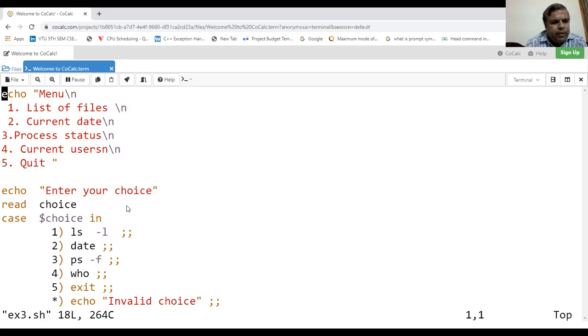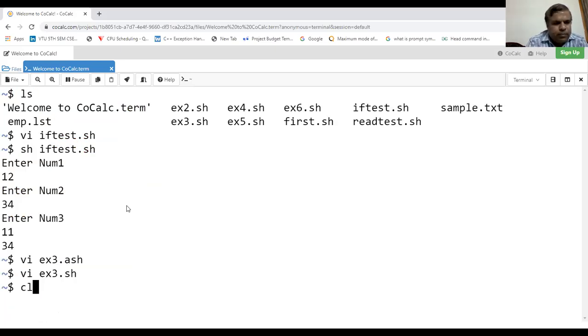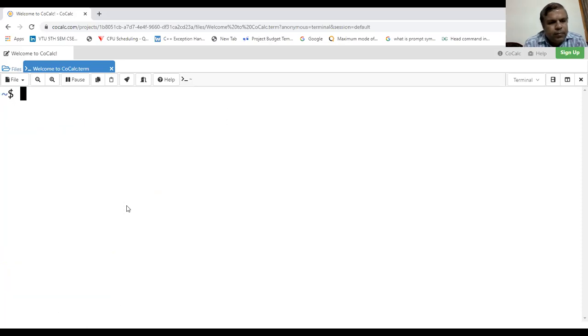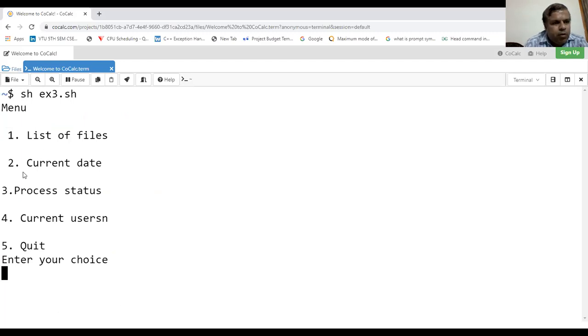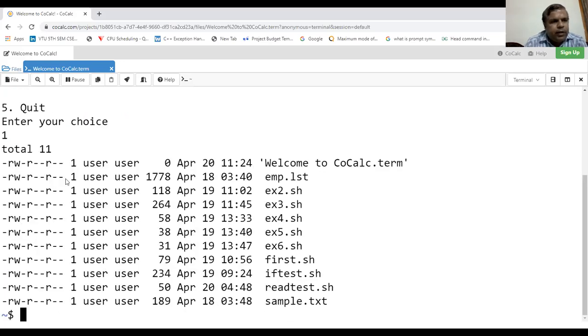This is the program. Run the script ext.sh. See, the menu will be displayed. Then it is asking you to enter the choice. Say 1. Then the ls command will get executed, and it will list the files in our current directory.